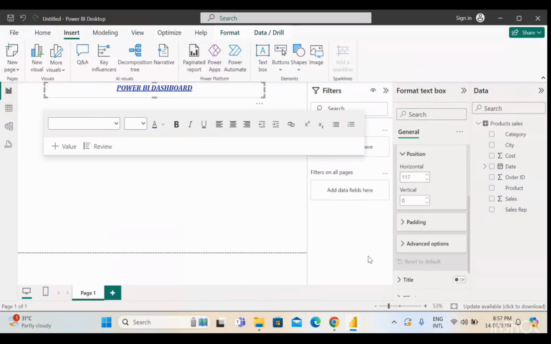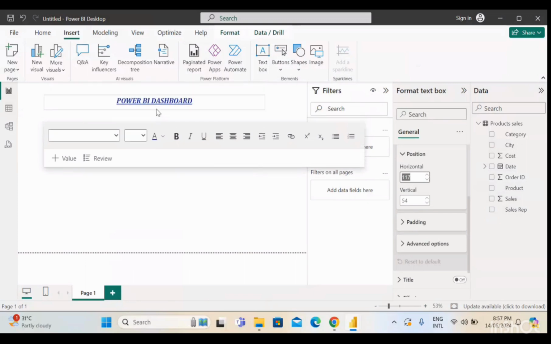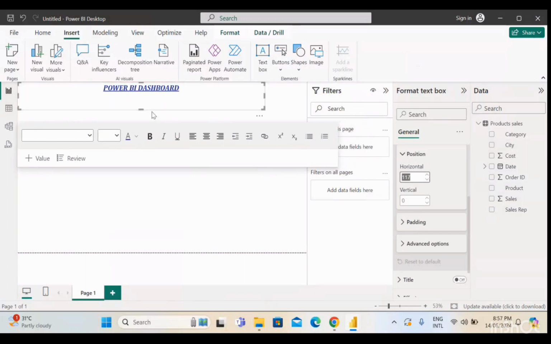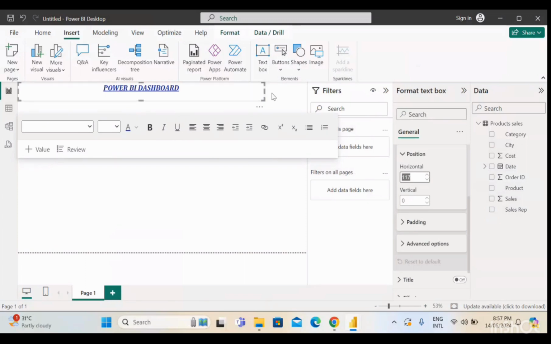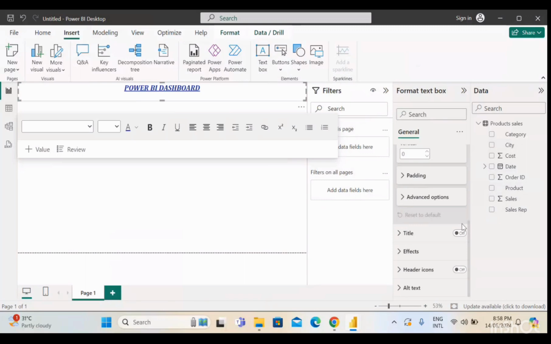So for example, see here horizontal and vertical. If I drag down, then vertical will increase. So based on your mouse also, you can adjust the positioning of this particular text box. And padding size, the gap between these two, up and down side and all, we can adjust here. And title,